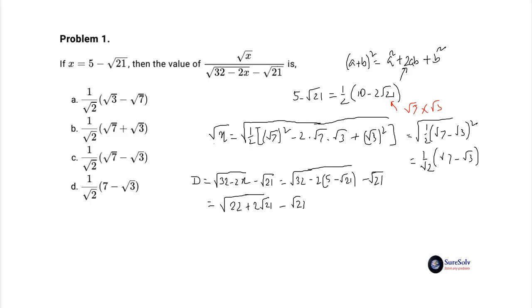The first term is again a double square root surd, but this time the surd middle term has its coefficient of 2. It is easy to identify 22 as the sum of squares of root 21 and 1, and so we express the simplified denominator as d equal to root of root 21 plus 1 whole square minus root 21, equal to 1.